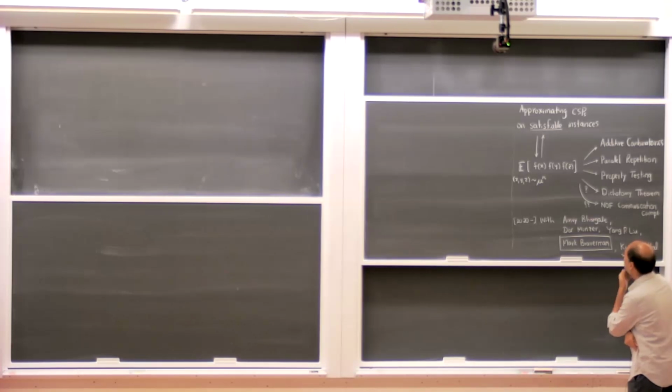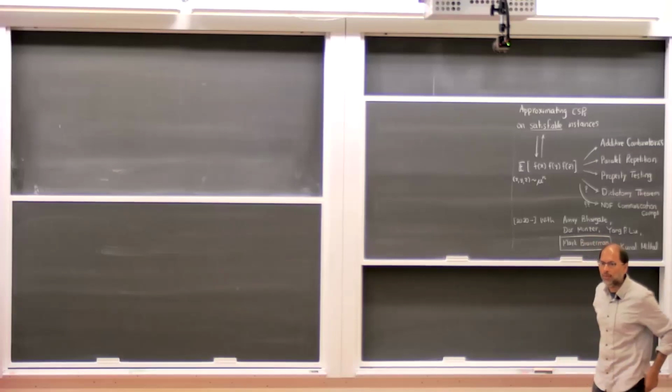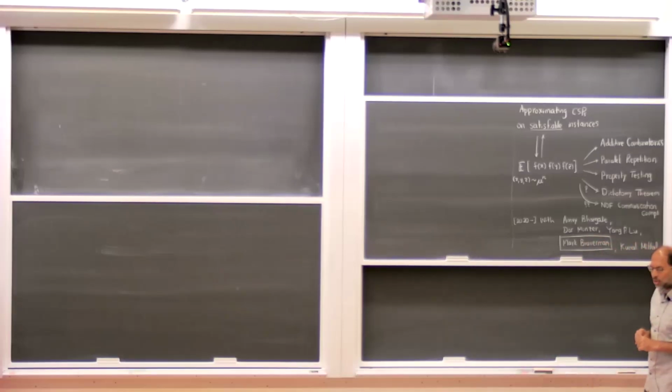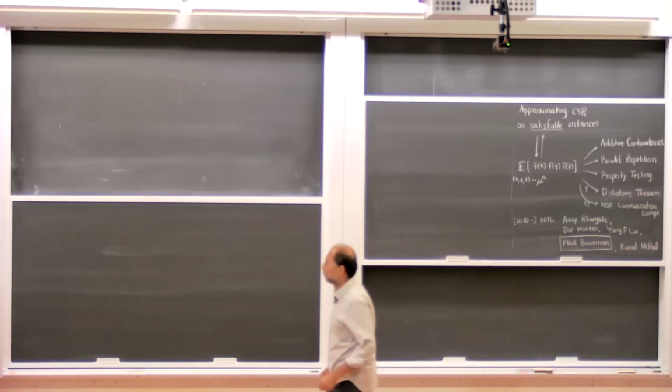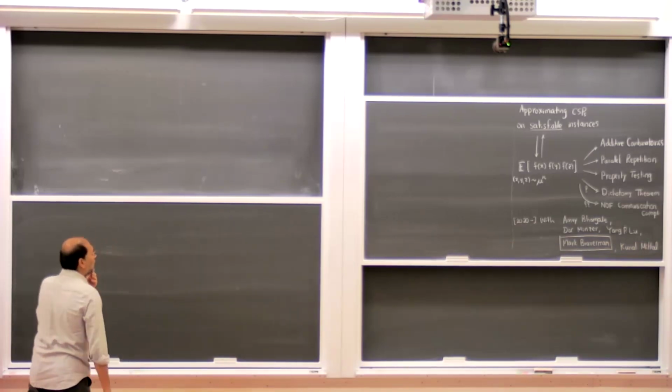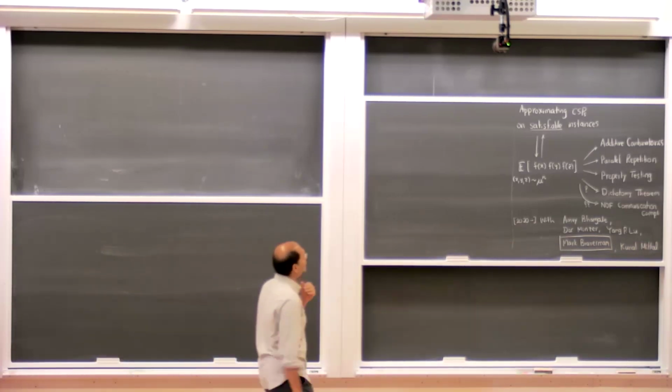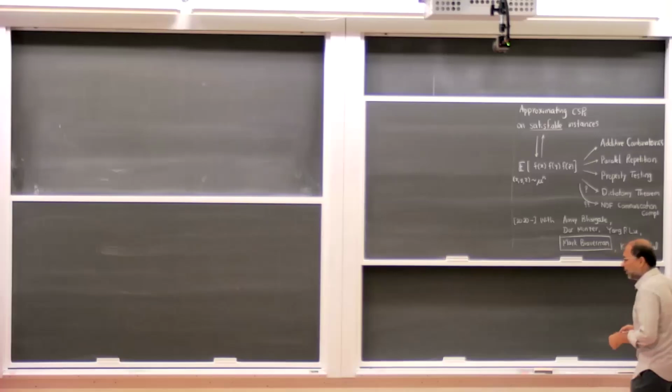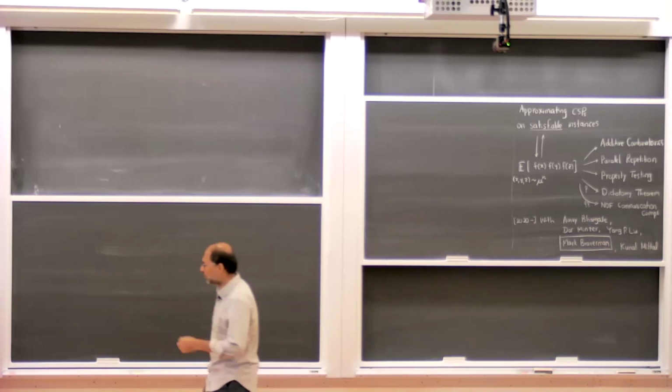And this we started doing about 5 years ago. This is all joint with Amey Bhangale, Dor Minzer, much of it also with Yang Liu, and some with Mark and Kunal Mittal. And feel free to interrupt anytime. The talk is going to be very high level, but I do hope to give a sense of at least a little bit of everything. So I'll start with just mentioning the applications, let's say to additive combinatorics, which would be at least straightforward to state.